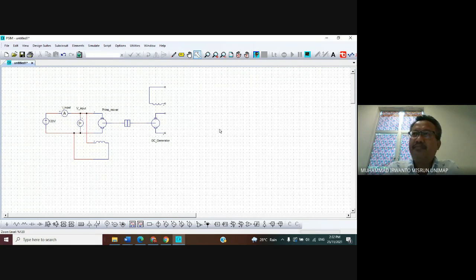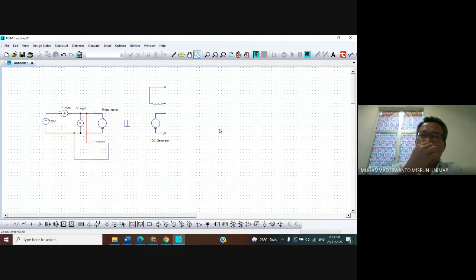Same in this case. We have the DC generator type. Its type is a separately excited DC generator. Separately excited means this excitation system can be given separately from the armature of the DC generator.